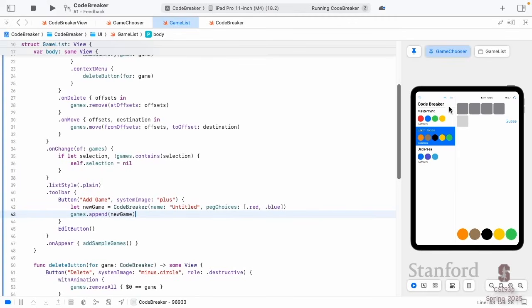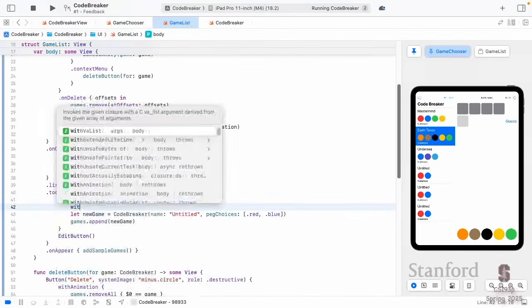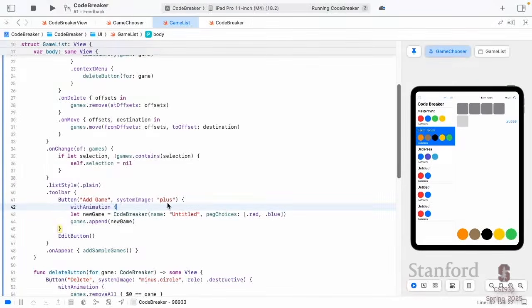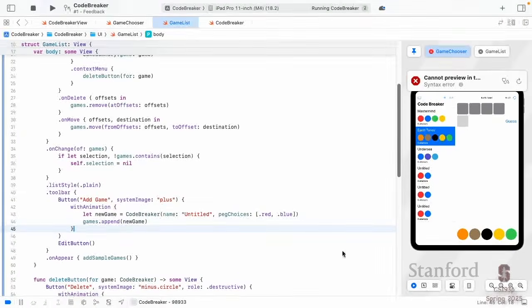Let's try it. Ready? Plus. Oh, it did it. Nice. Plus again. Woo! Very nice. Now, I don't like the jerkiness of it, so of course I'm going back to withAnimation. Do this, please. Okay, we'll let it rebuild here, and plus. Oh, that's better. A little softer, fades in. It's great. But of course, this is completely useless because it can only add this one kind of game,